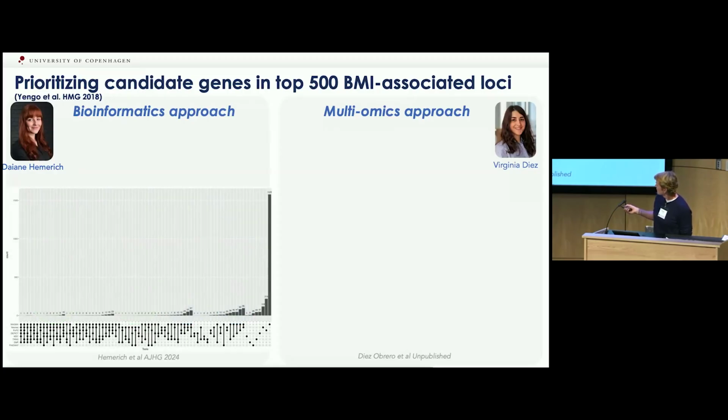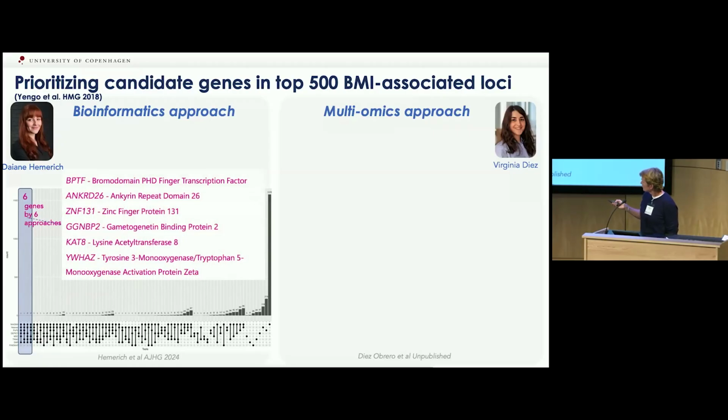Here, summarized in this upset plot, you see the different approaches that she considered for the gene prioritization. And you see that 86 genes were prioritized by 4 approaches, and it could be any combination. 34 genes by 5, and 6 genes by 6. So that's not all approaches, but these are these 6 genes, and I won't go into the detail, but some